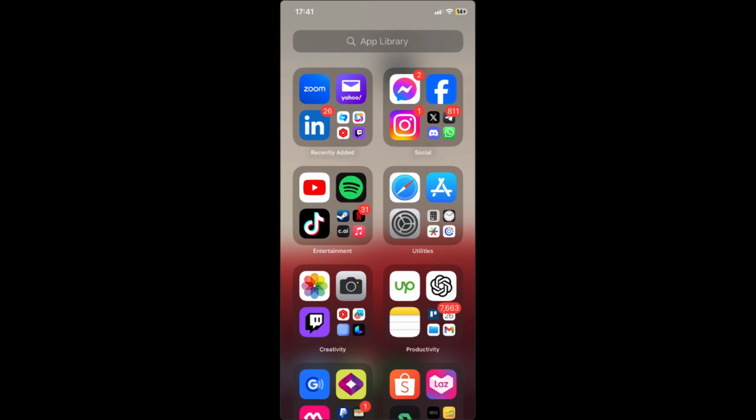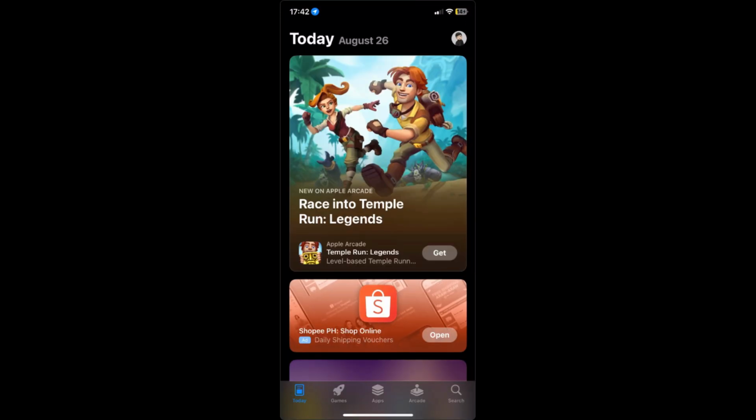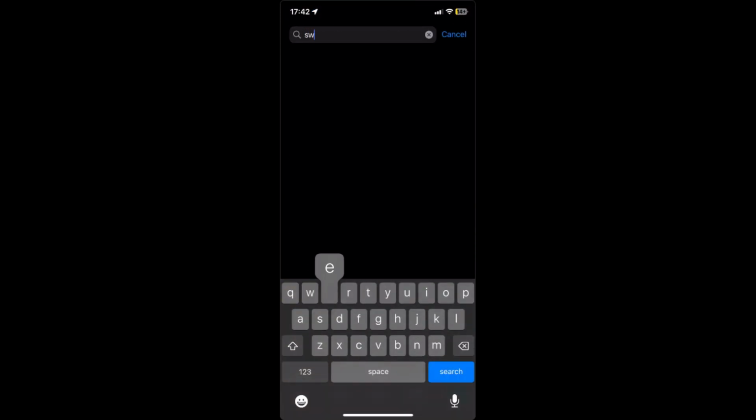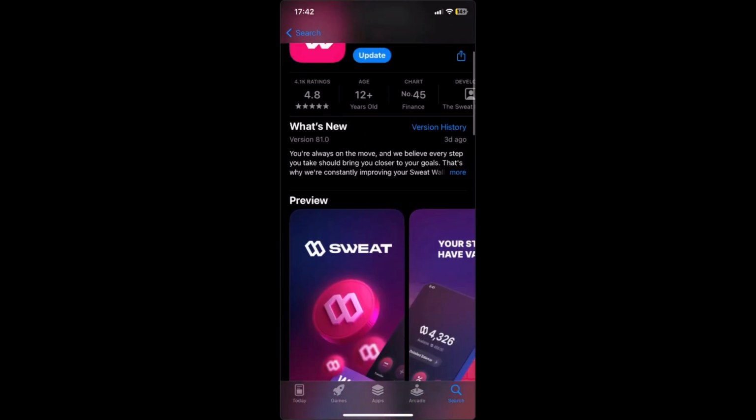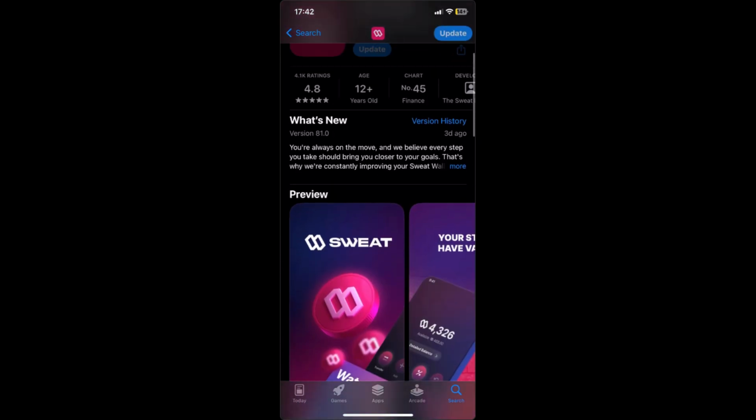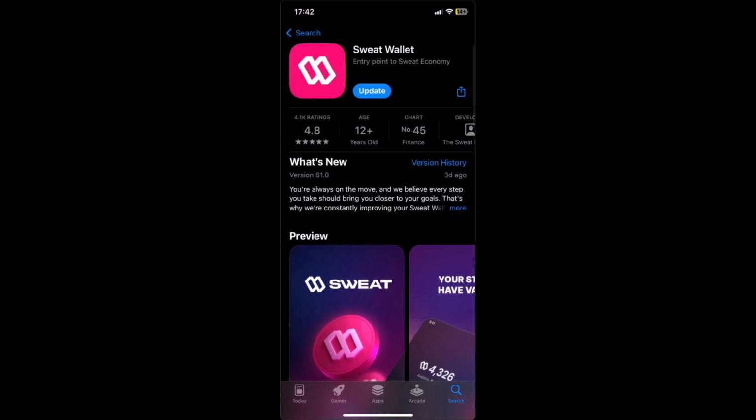There are plenty of ways to fix this. The first thing that you can do is go to your App Store or Play Store, and then search for the Sweat Wallet app. Make sure that your Sweat Wallet app is updated. As you can see over here, mine is not updated, so what we need to do is update the app. Just click on update and wait for the app to finish updating. Once it's done, you can try logging in to your account and check if you're still encountering that